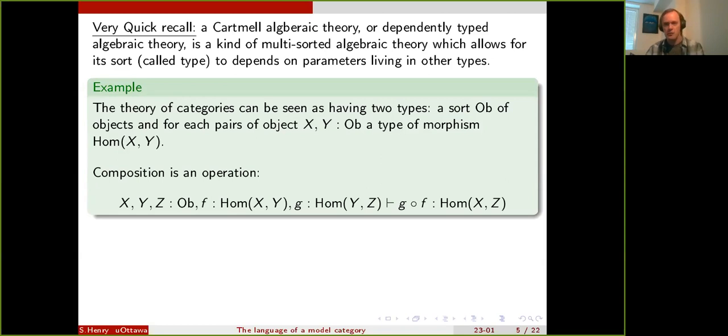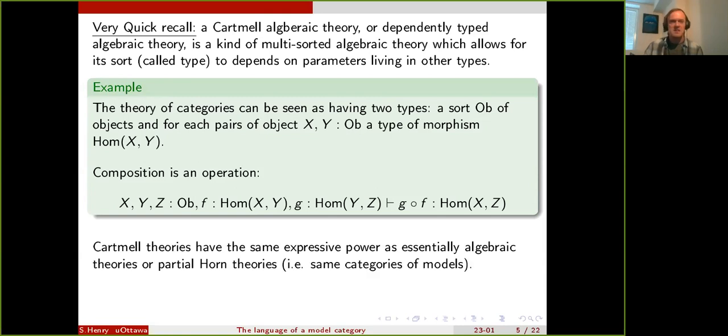And of course, you have to specify a lot of axioms like associativity, existence of unit, and so on. But this is one way to encode the notion of category without using partially defined operations. So Cartmel theories don't have partially defined operations, but they have dependent types. And you can see, it's a little bit of work, but you can see that they have the same expressive power as the essentially algebraic theory or partial Horn theory that will allow for partially defined operations, but